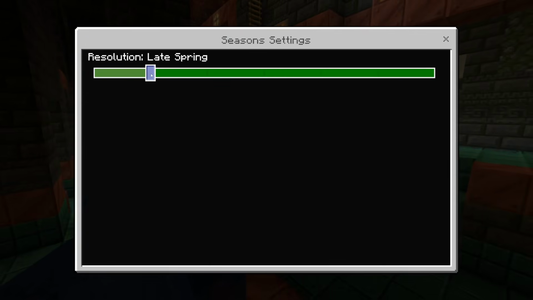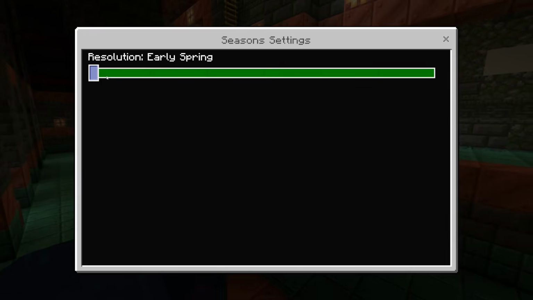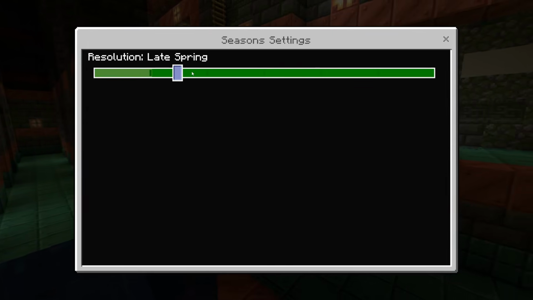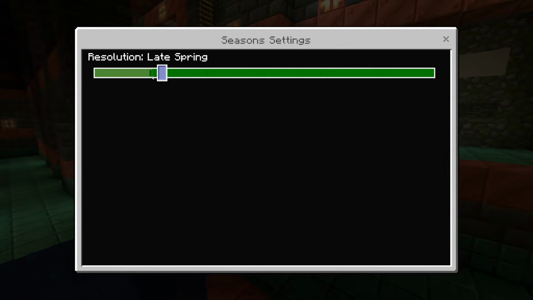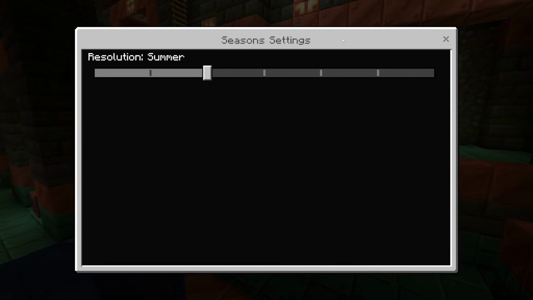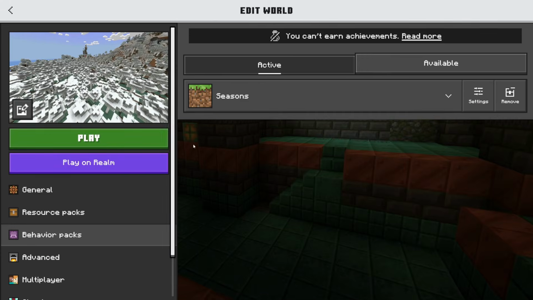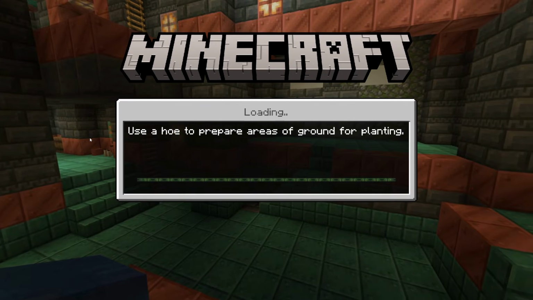Same with early autumn. And then early spring is basically colder than average, so kind of the same as late autumn. But for now we're going to set it to late... actually, I'm going to set it to summer, and I'll show you what I mean. Summer is actually warmer than average. So if we click play now,